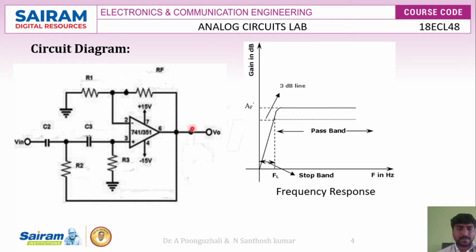Okay, this figure shows a high pass filter using an op-amp. Here we have the capacitors and resistors. Since we have two RC networks, it indicates the second order. As the order increases, the roll off will be nearer to the ideal one, right? Since we are applying the input to the non-inverting terminal of the op-amp, this op-amp will be acting as a non-inverting amplifier, right? So here RF is a feedback resistor which is connected between output and input.